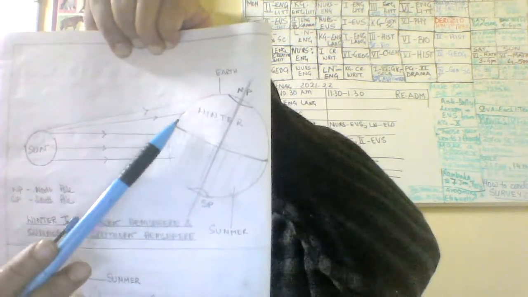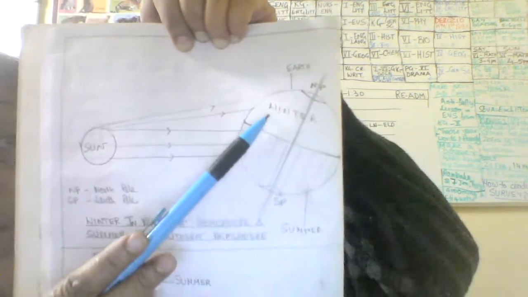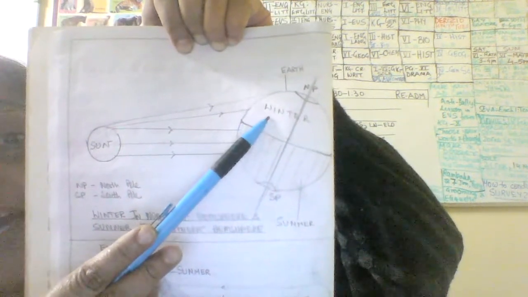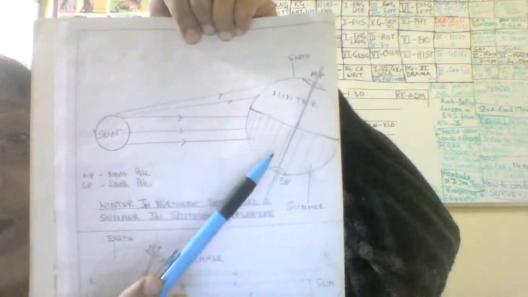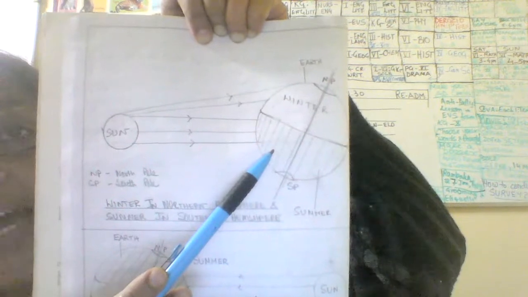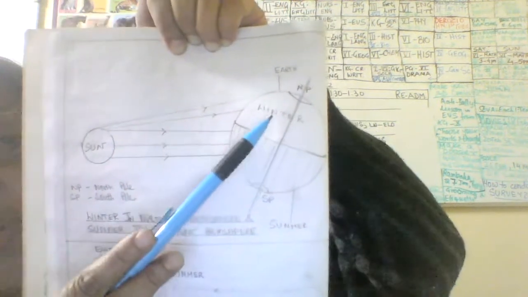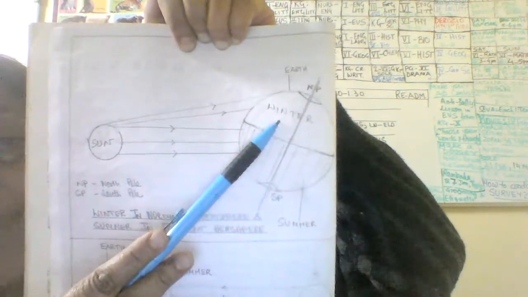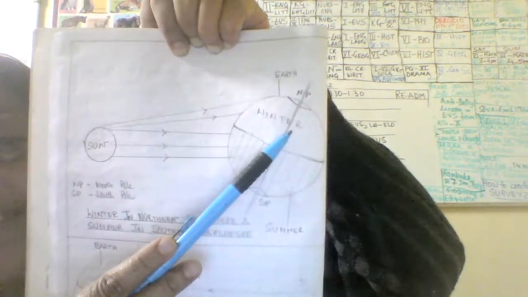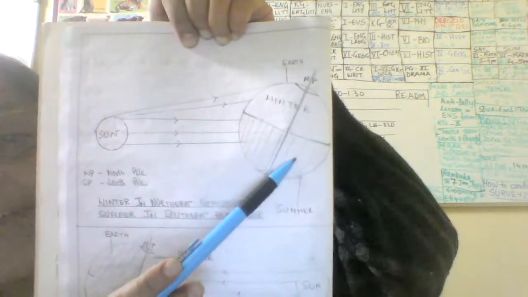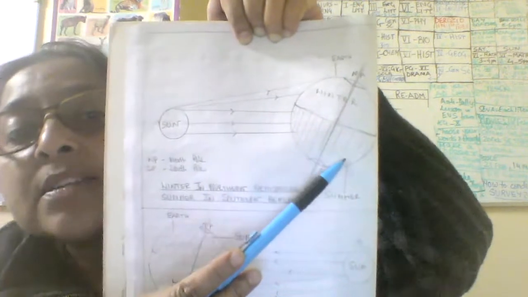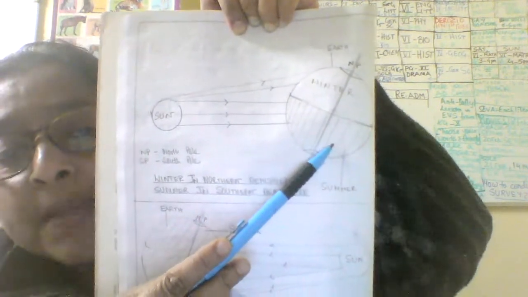So that is why in December, when Calcutta has got winter, Australia, which is in southern hemisphere, has got summer. When London has got winter, because London is in the northern hemisphere, South America, which is in southern hemisphere, has got summer. Just the opposite happens now